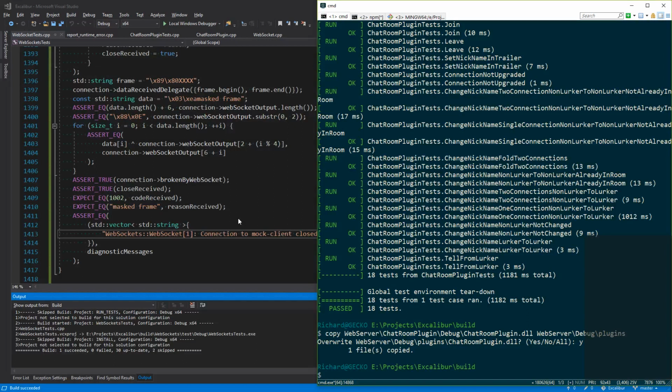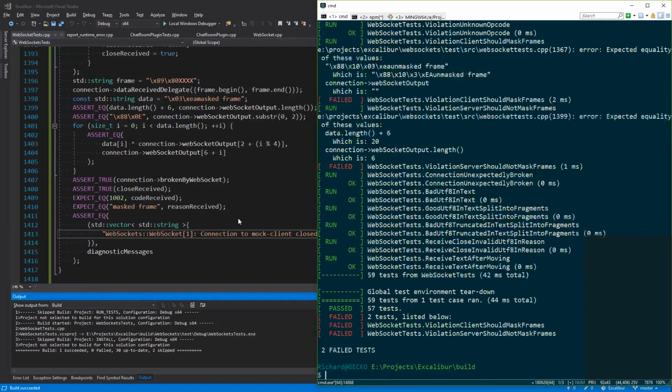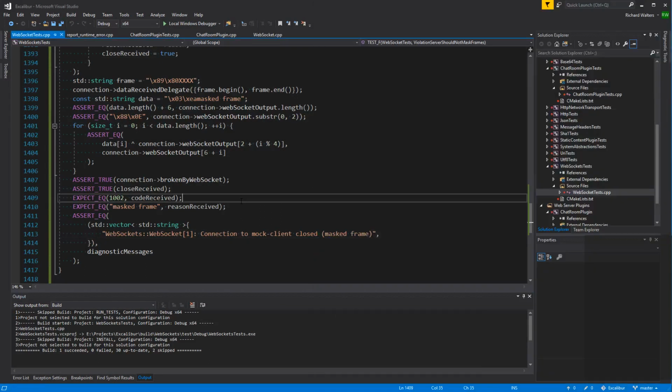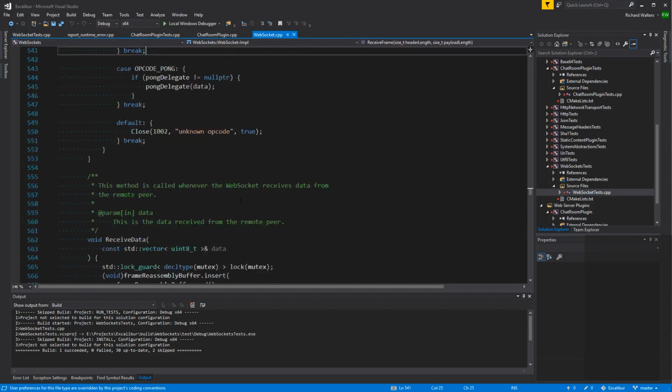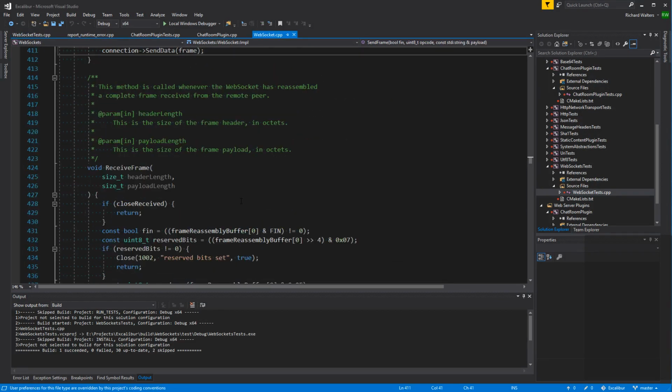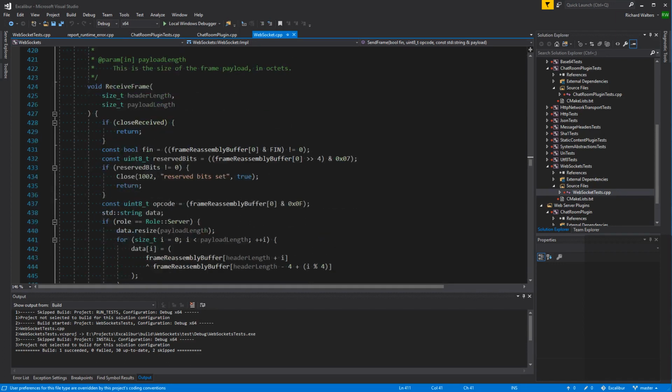That is WebSockets test, debug WebSockets tests. All right, so they're failing. To make them pass, we've got to implement the change to fix the code. So here's where, you might as well check it here, right?